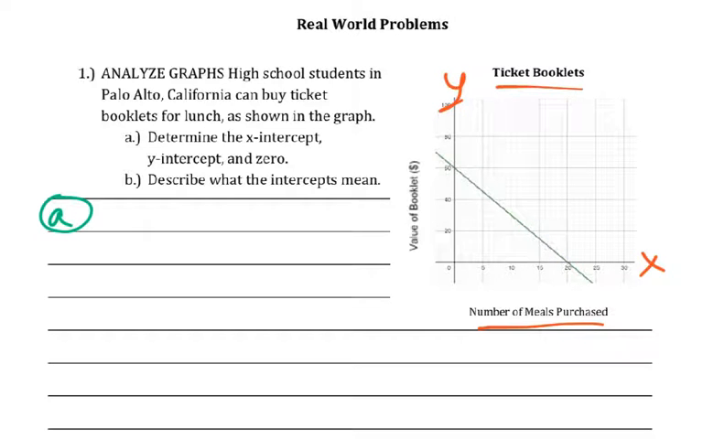It seems like after 0 meals have been eaten, the cost of the booklet is 60. So I assume that's the initial price. And the more and more you eat, you eventually run out of meal tickets, and so the booklet has no value to you anymore. And so if we're talking about the x-intercept,